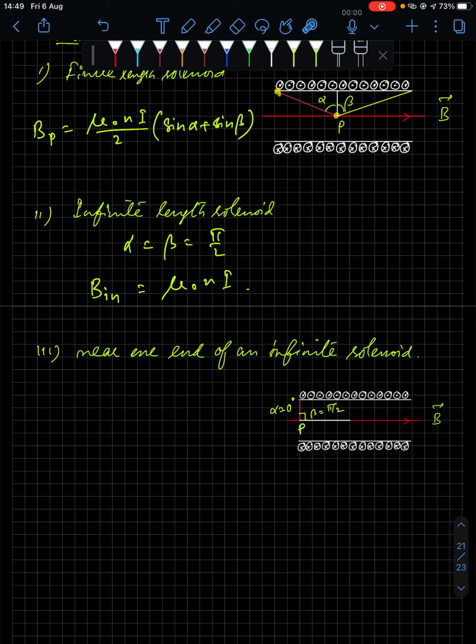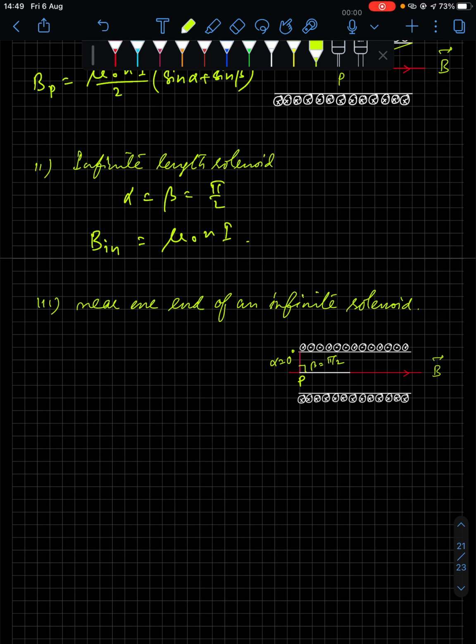Like this point and this point is coming over here, then this angle, say if I get P here only, then isn't alpha decreasing now? See, if I get this point here, or say P is here, then alpha is even more decreasing. This is alpha. So if you get this point right below this, then alpha angle will become 0. So in that situation, alpha equal to 0 and beta equal to pi by 2.